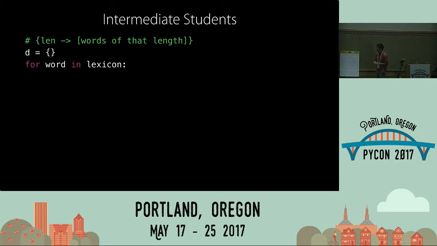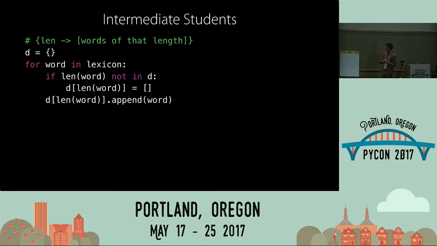Maybe if you have some intermediate students, you could have some loop over a dictionary where we're trying to get a word length to all of the words of that length. So go through each of our lexicon and try to add it to a dictionary. If you're familiar with other languages' data structures where maybe there's no auto-instantiation, you want to make sure, first off, if the length, the key, isn't already there, I'll put it in with an empty list and then later go and append to it. Python has a built-in utility for this.